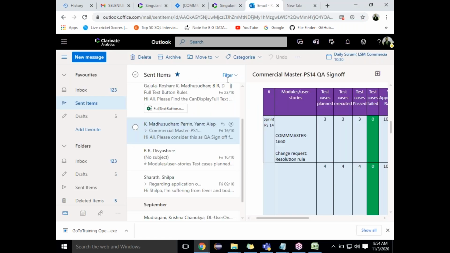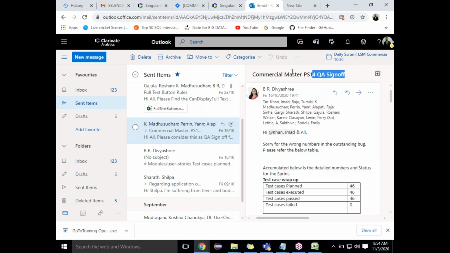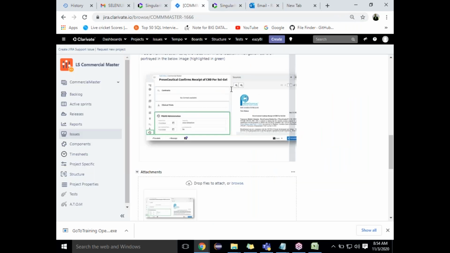When do you sign off? Should all the bugs be removed, like there should be no bugs? No. Make sure that the sprint is completed. Every sprint has an end date. If you go and see here, in the active sprints,